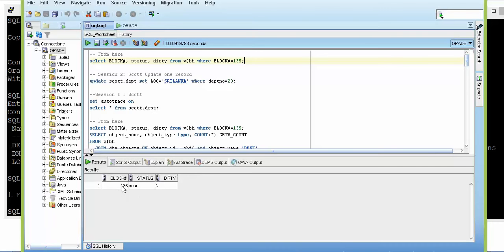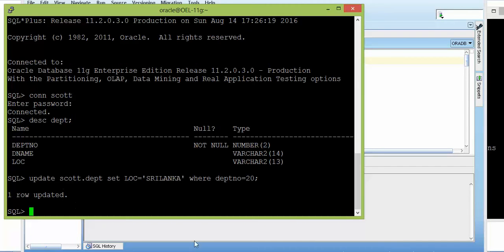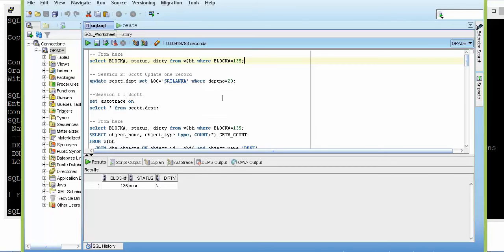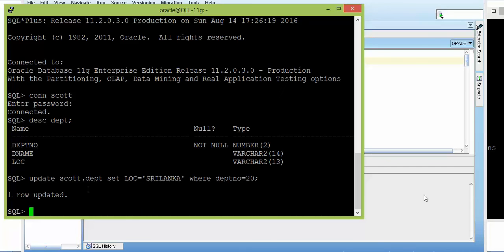Perfect. If you see now, earlier to this update statement, there were no blocks for the table called department. Now I can see I have used a block number for that, and the status of the data block is exclusive current, which is a readable format, basically fetched from the data file into the buffer cache. That's what it means. I can see there is one data block inside my buffer cache with exclusive current status, and it is dirty. Exclusive current is because this particular user will have the complete rights to perform the transaction on this data block.